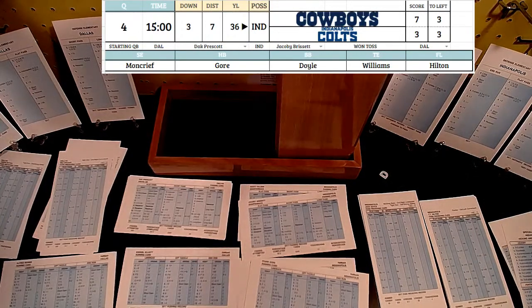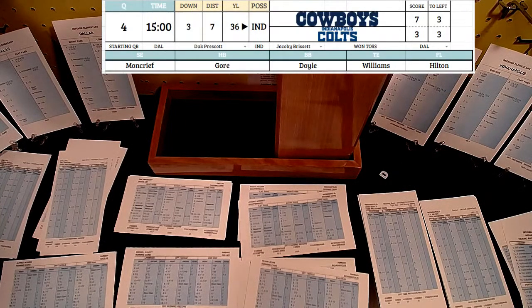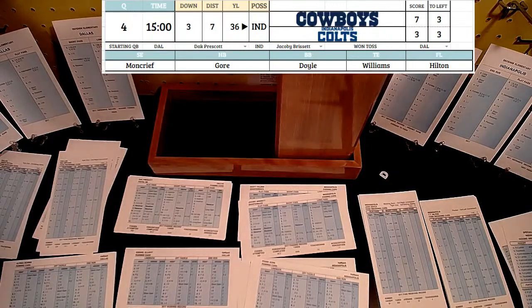Defenses have come up big on 3rd down mostly, although they are a little over 50% both teams. Indy went for it and didn't get it on 4th down one time. 2 turnovers for Dallas, 1 for the Colts. Colts leading time of possession and first downs and total yards, but they find themselves behind here, and they have a 3rd and 7 at the Dallas 36, and they're going to